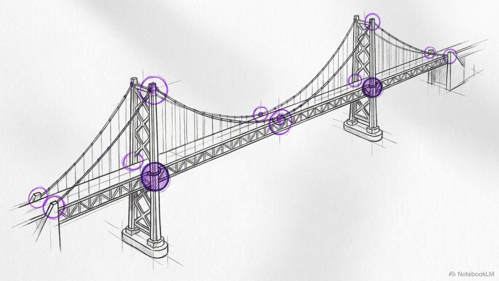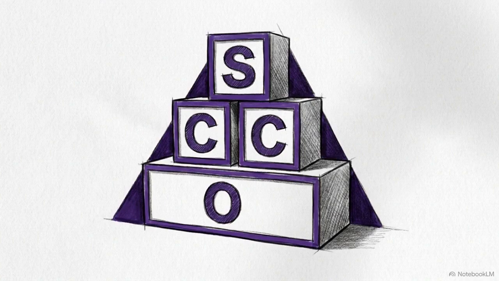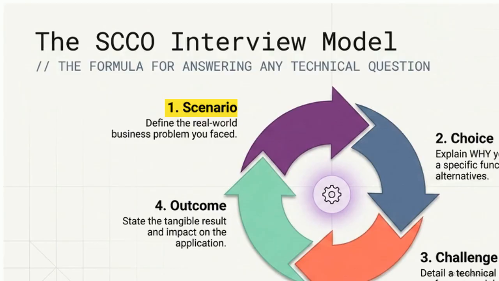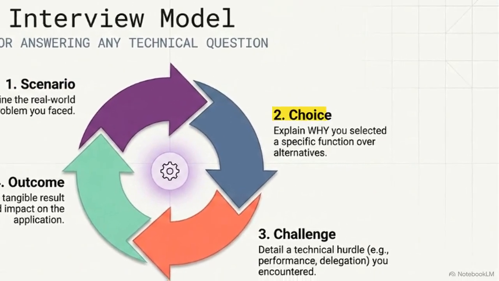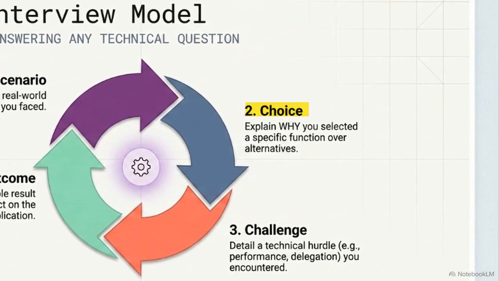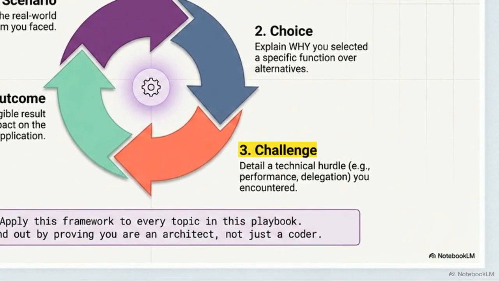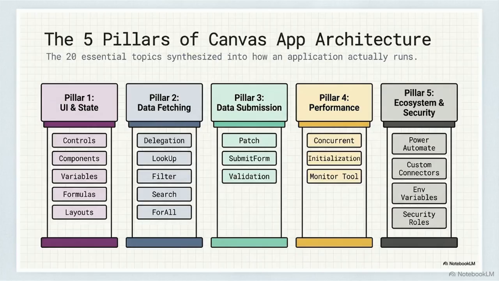To secure an architect role, you have to prove you can navigate real-world constraints. So how do you actually prove that? You structure every single answer using the SCCO model. This framework starts by defining the specific business scenario you faced. Then you articulate the technical choice made to address it. Next, you detail a specific technical challenge encountered, like a performance bottleneck, and finish by stating the exact outcome it